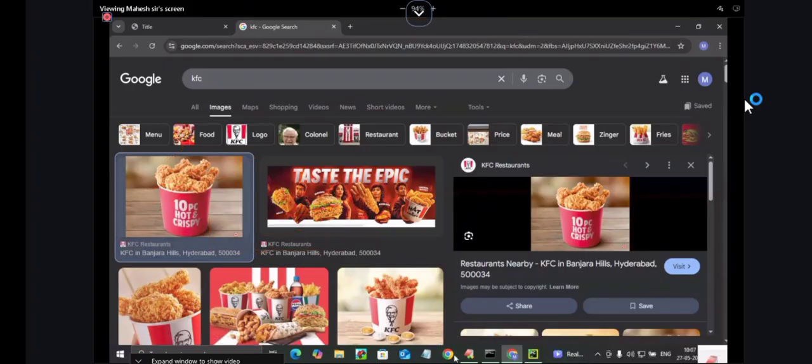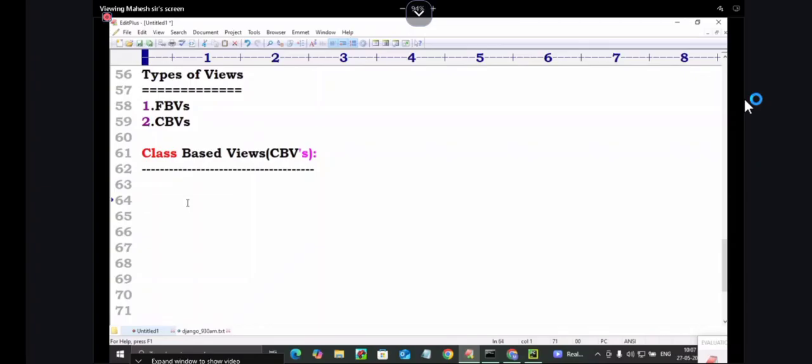And one more simple example, if you want to buy a shirt nowadays, everyone is using ready-made. Just go to the showroom, check it and you can buy it. Those ready-made shirts are nothing but CBVs. But in olden days, 20 years back, there were no ready-made shops, very few. We could buy the cloth, go to a tailor, give the measurements and he will stitch